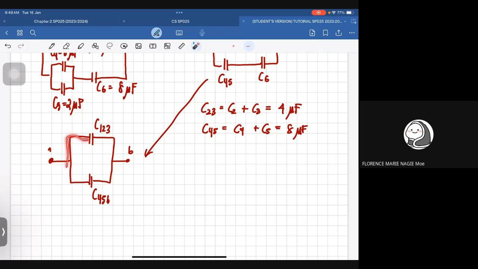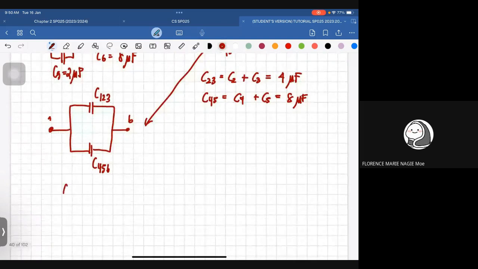Okay, so ini connection dia adalah parallel. Okay, sebab dia ada junction di sini. Okay, so since they're connected in parallel, effective capacitance there is just C123 plus C456 lah. So that is basically 4 micro plus dengan